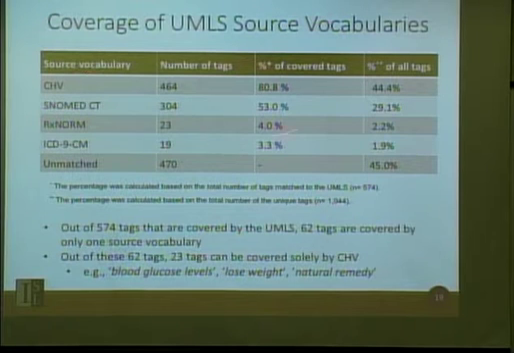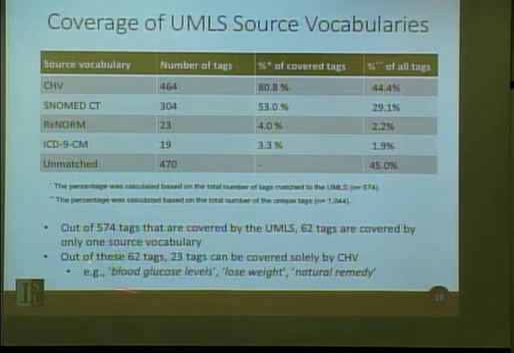And so here we found that SNOMED CT and CHV have pretty good coverage. So we'll do some further analysis in the future. And out of these tags that are covered by UMLS, about 60 tags are covered by only one source vocabulary. And very few tags are actually covered by only CHV, because UMLS is really huge and has many terminologies,